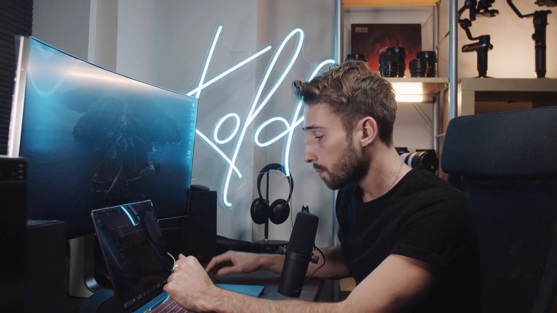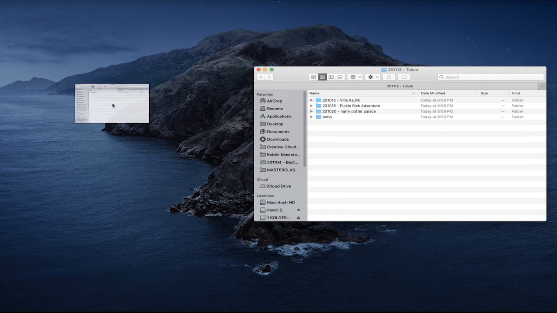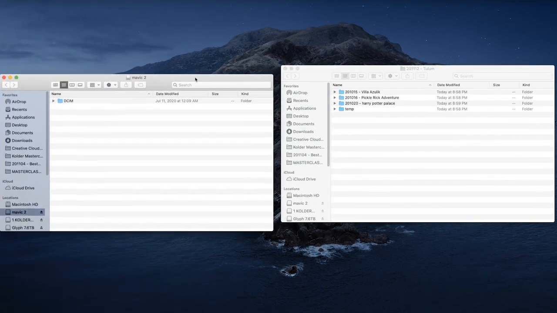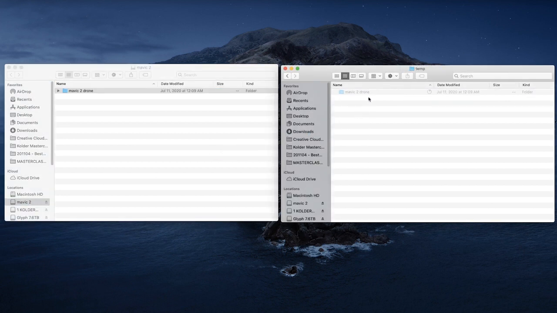So the way that I dump all of my memory cards is I will remove all of my memory cards, put them next to my computer, plug them in one at a time. So let's say I plug in the Mavic 2 memory card, pops up on my computer. What I'll do is go into the memory card and I will rename the folder in there to Mavic 2. Then I will transfer that folder into the temporary folder on my drive,